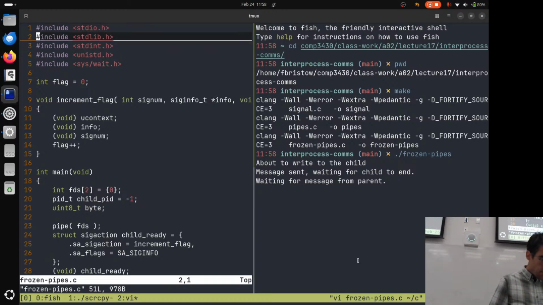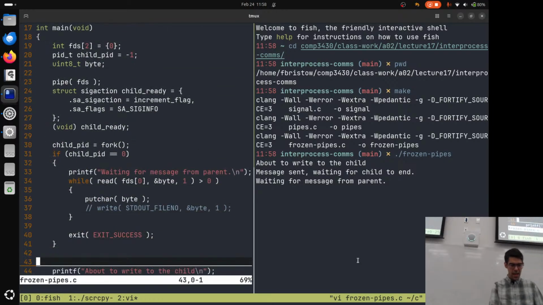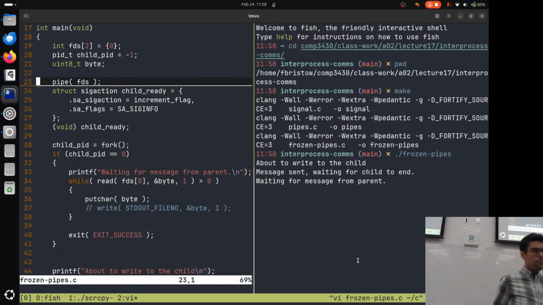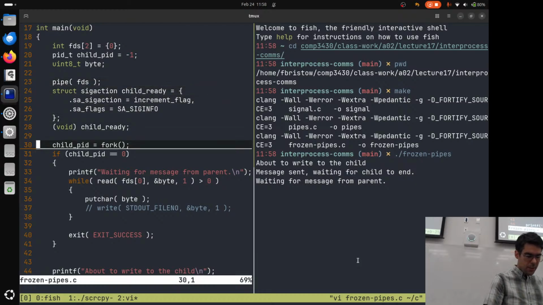So the state that we're in right now is that in our main function, we have pipes that we have initialized. We've passed this array that has 2 integers to the pipe function, and it has populated them. We've got fork.